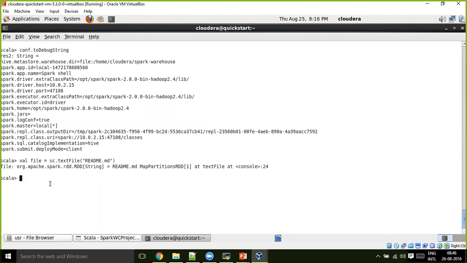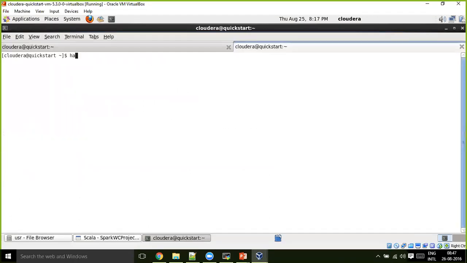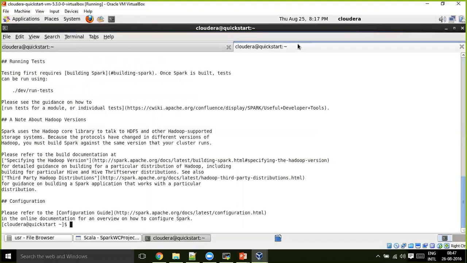Now, this file, readme.md, is present in HDFS. That file I loaded. hadoop fs -cat readme.md.